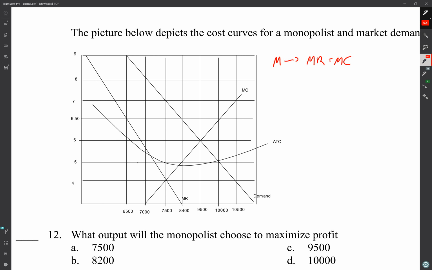Okay, and we've talked about this a few times. Why is that the case? Well, let's say it wasn't the case. So let's say they produce some amount higher, so about 8,400. Well, here marginal revenue is going to be 0, but marginal cost is going to be some amount near 5. So in other words, they're not getting any new revenue in, but the cost for producing this good at this level is going to be 5. So they're not going to want to do that. So they're going to reduce their production until that is no longer the case, which is going to be where